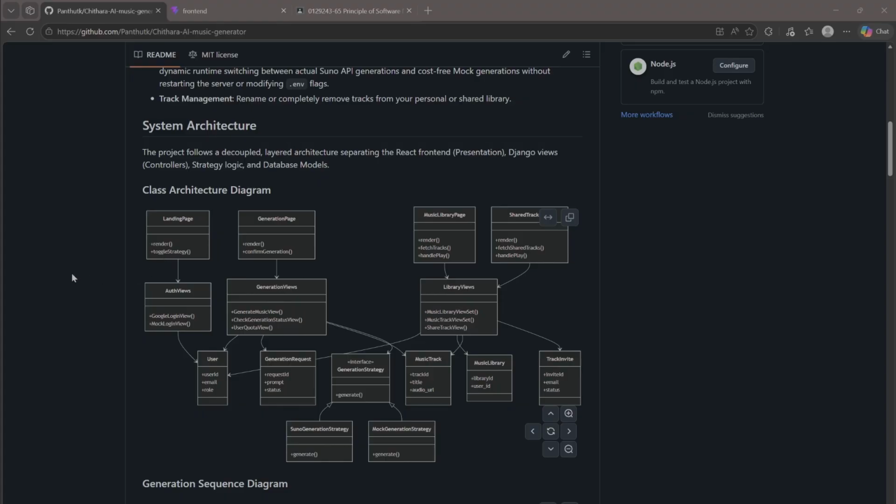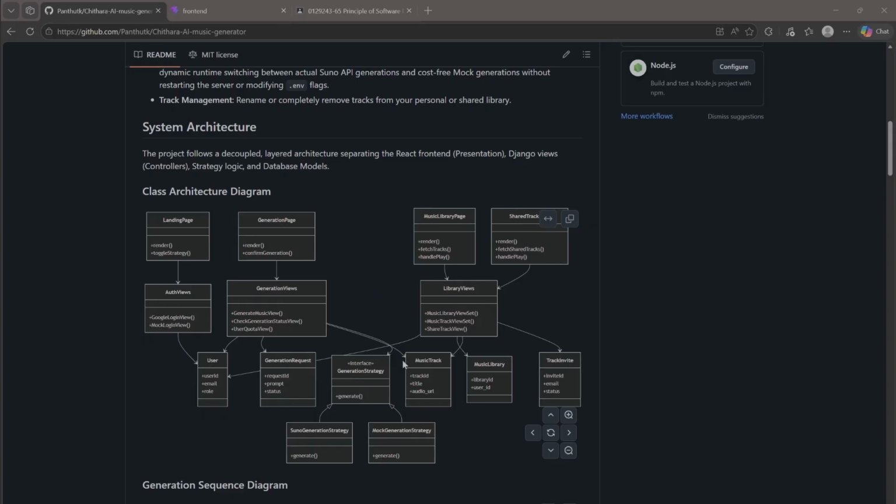In this project, we apply view controllers. The Auth View controller handles login and encodes the JWT. Our generation view is responsible for generating music through Suno, or from our mock generation strategy, using the generation strategy.